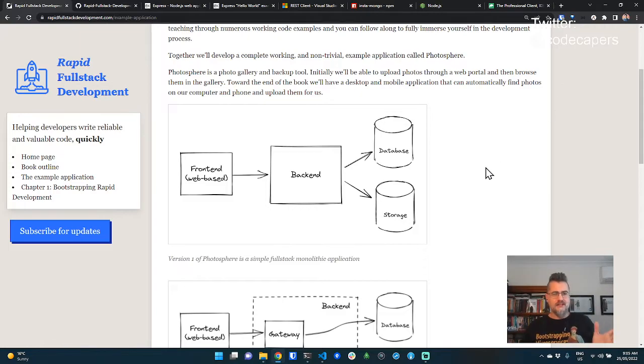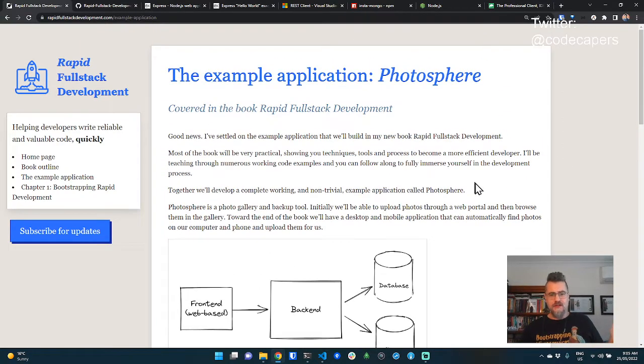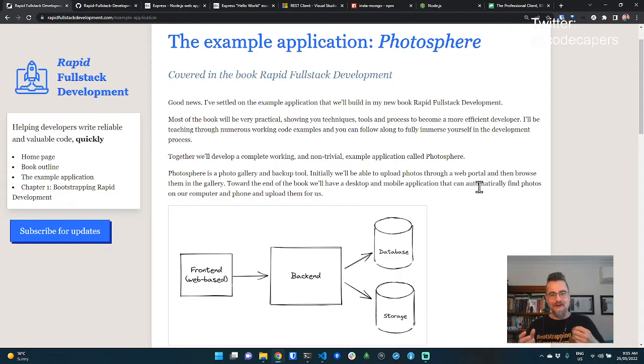Now, the other thing is I do actually want to build this example application for myself. I do want a better way to manage my own assets, my own photos, and my own videos. And so this is a real project for me because I want a better way to manage my assets. Now, I'm going to also continue to develop this application after I finish writing the book, and it will continue to be an open source project.